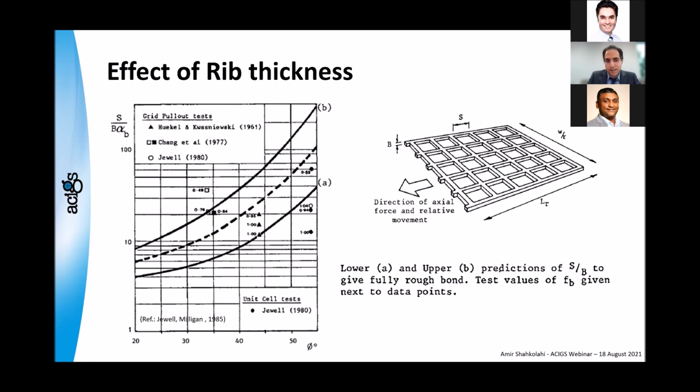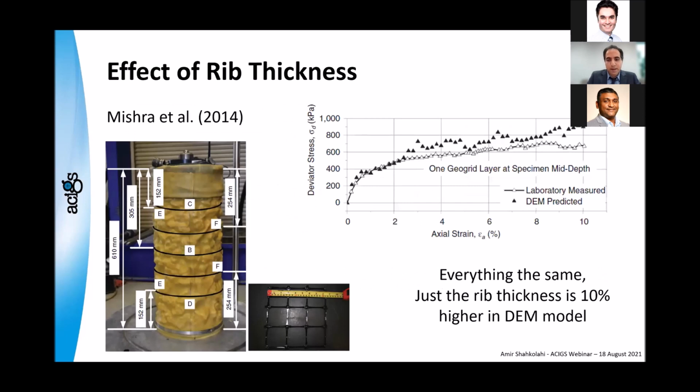So as you can see, again, thickness plays a role, and of course, horizontal is the phi of the gravel or the soil. Something interesting that could be found, for example, in one of the tests by Mishra at Illinois and Dr. Errol and his team, it is a large scale track cell testing, and then they developed a DEM modeling based on that. And as you can see, they use the punch and drawn geogrid.